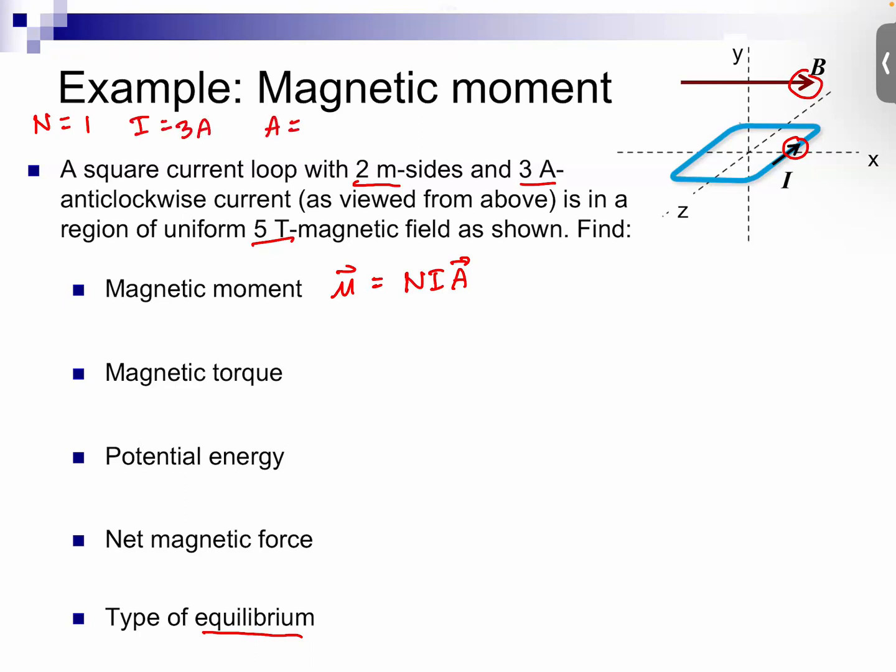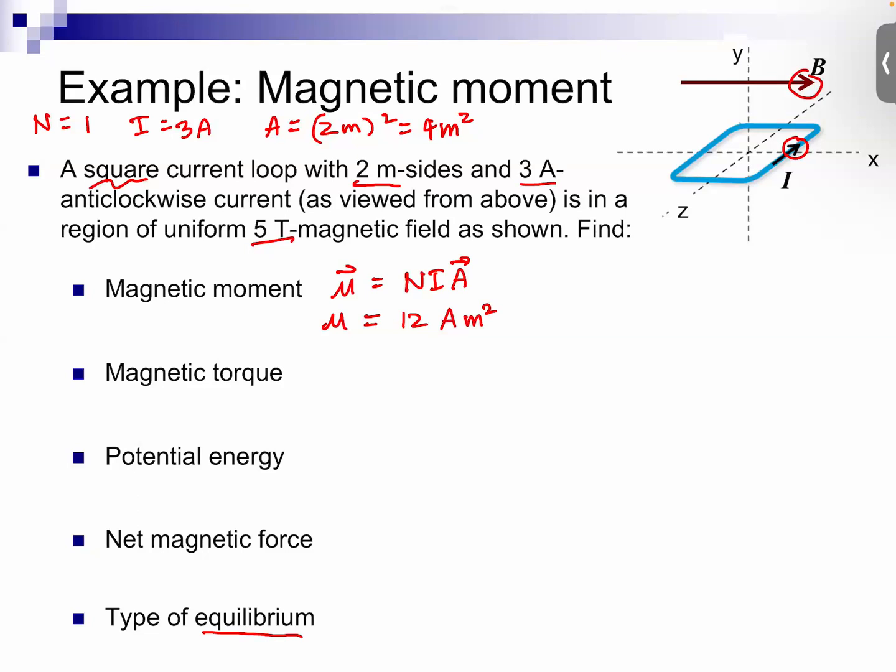The loop is square, so the area is the side squared, 4 meters squared. So your dipole moment, N times I times A, will be 12 amperes meter squared